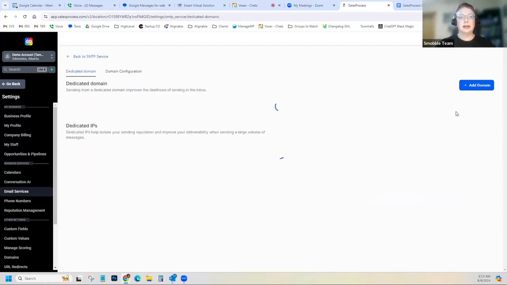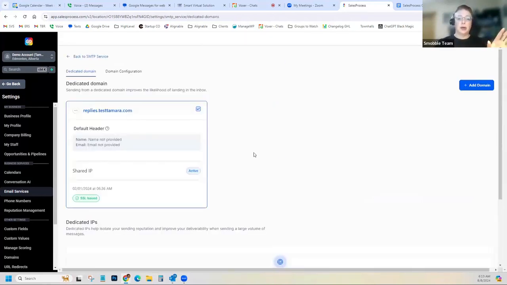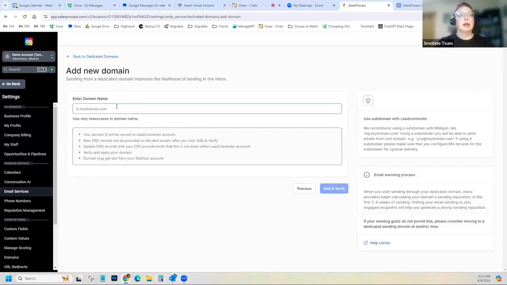So I'm going to click on that, and we can see if there's one or if there's multiple. You can add a domain by clicking on the blue domain button, and then you would enter the domain name here. Now, I typically use what's called a subdomain for sending emails. And what the subdomains do, so you can see right here, this one says